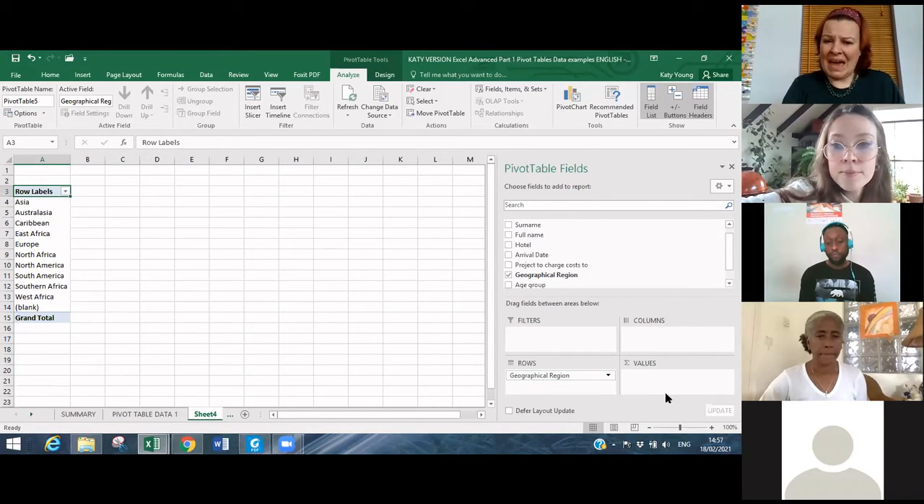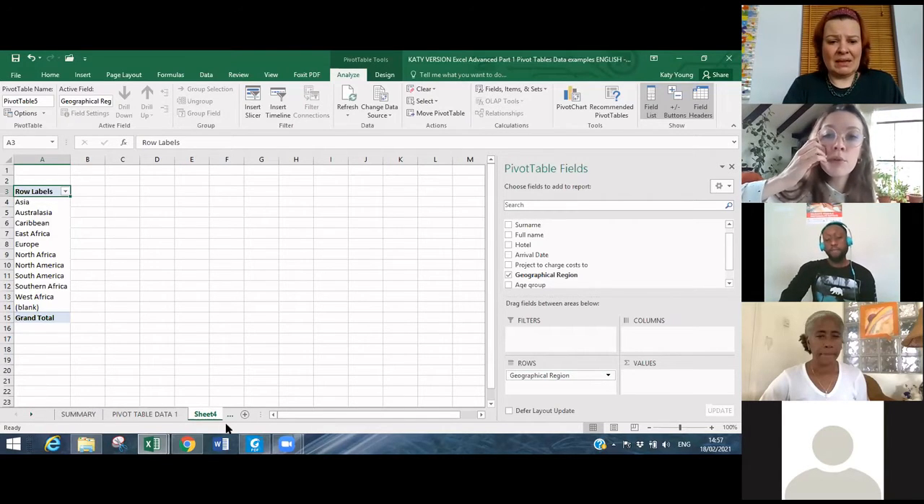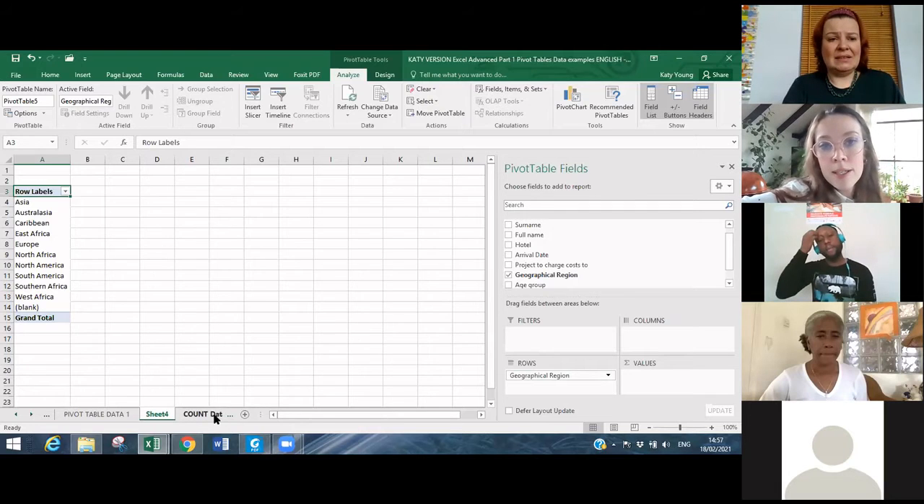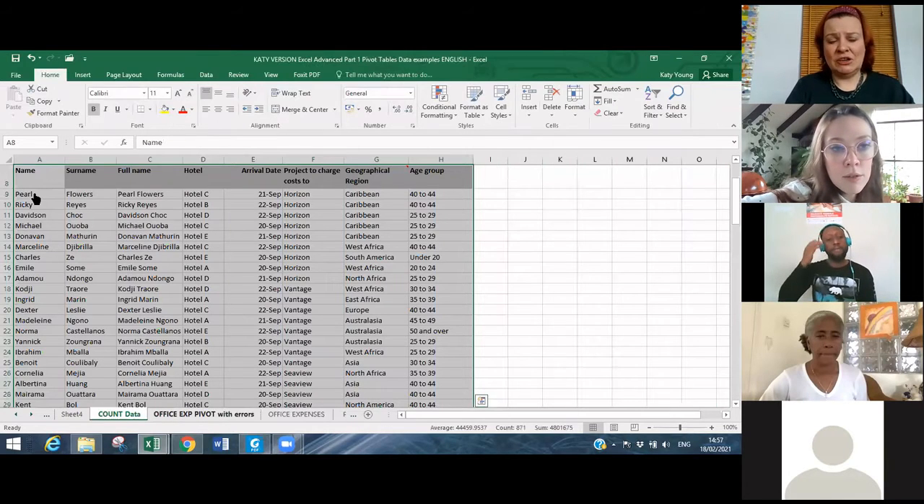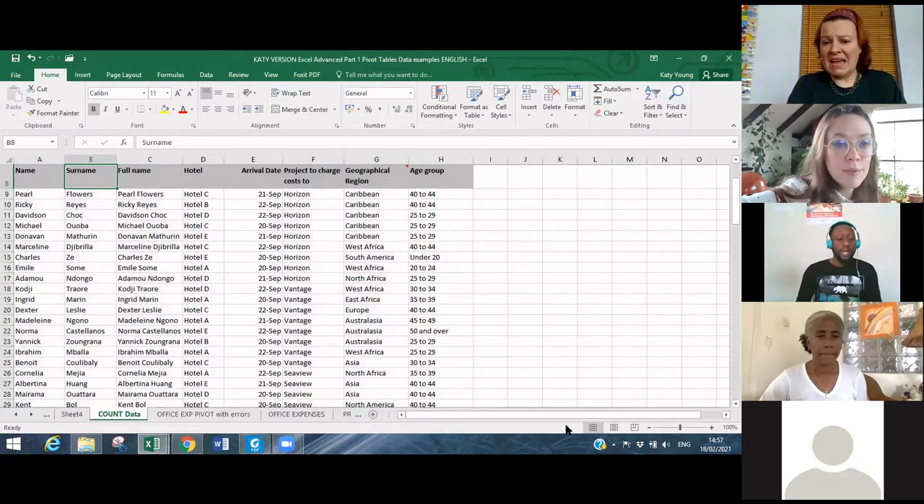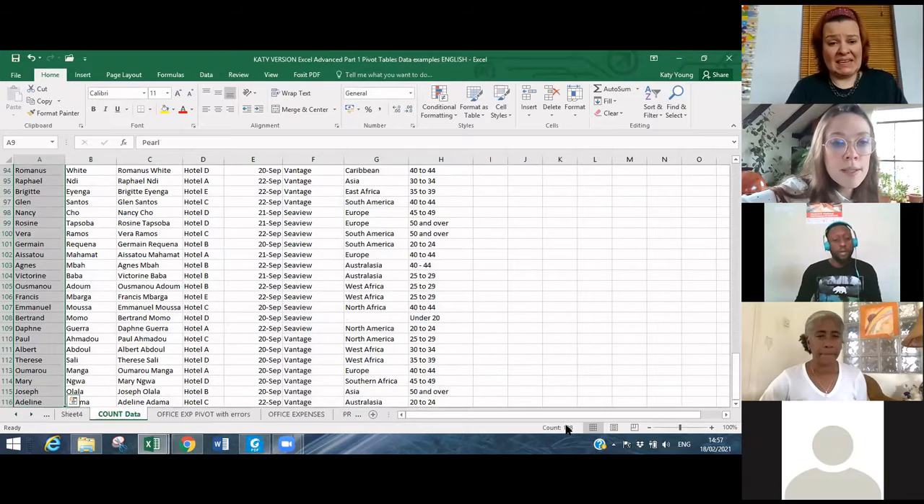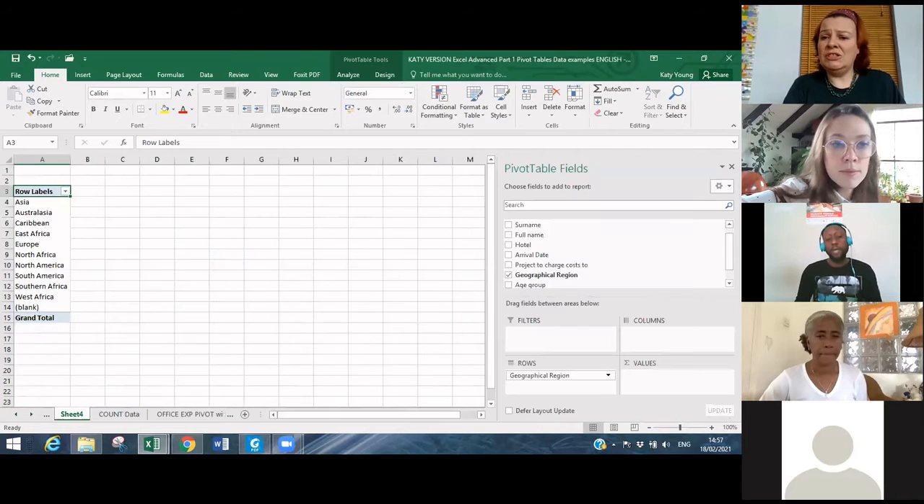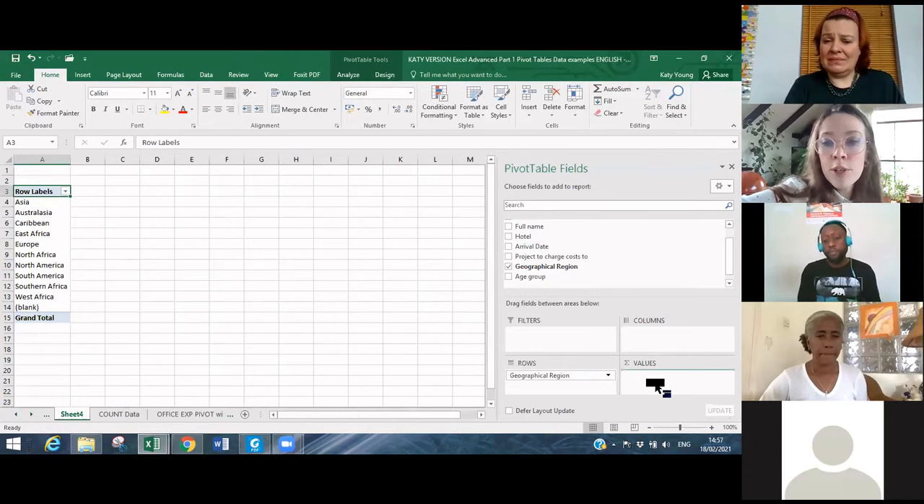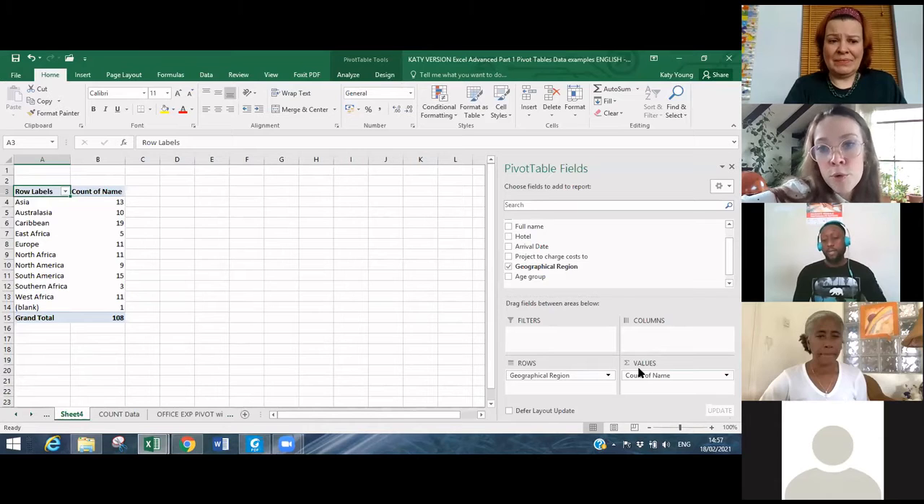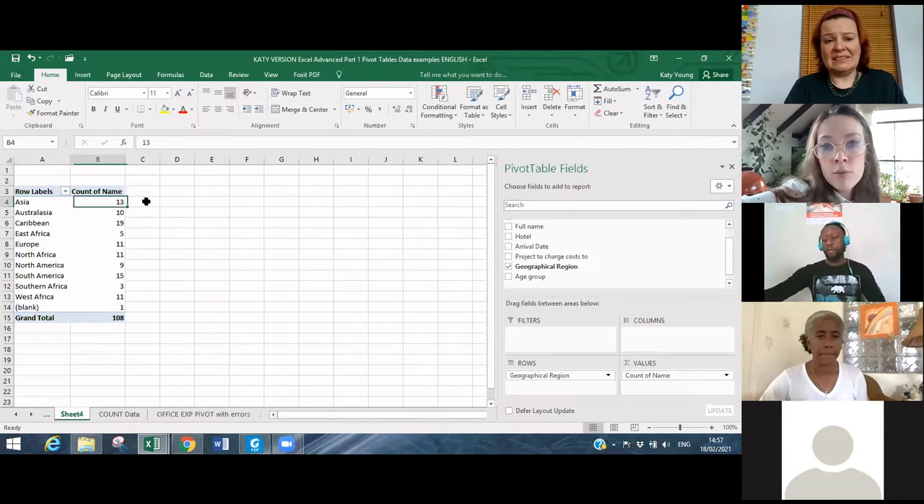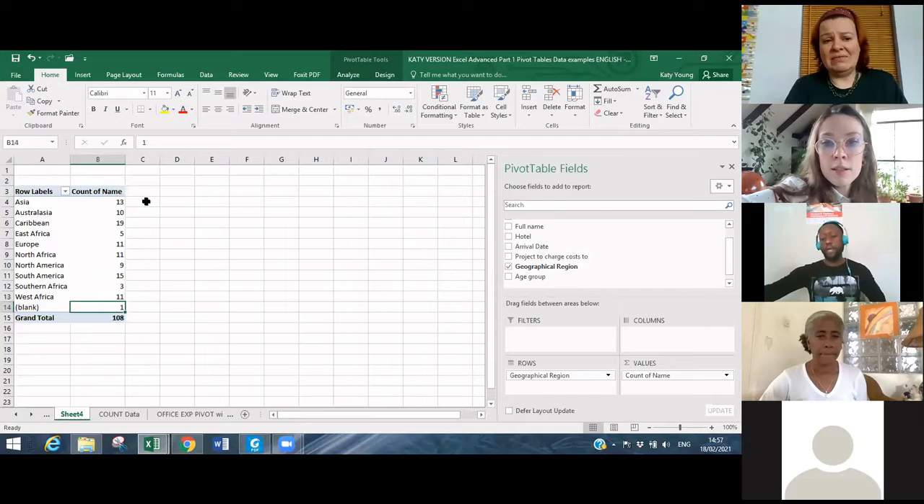what can be counted in my values. If I look back at my data, let's have a look at names. So I'm going to do Control, Shift, Arrow. So there are 108 names, i.e. 108 attendees. So in my pivot, if I drag name here, you can see that immediately I have a lovely little summary of attendees by